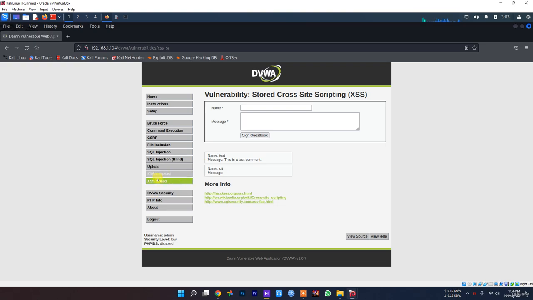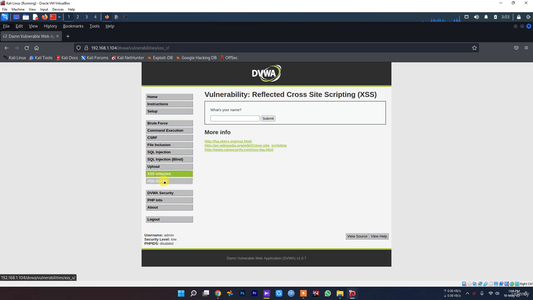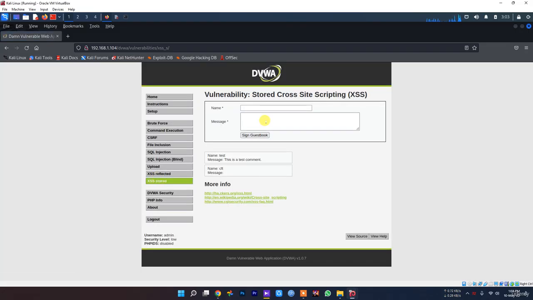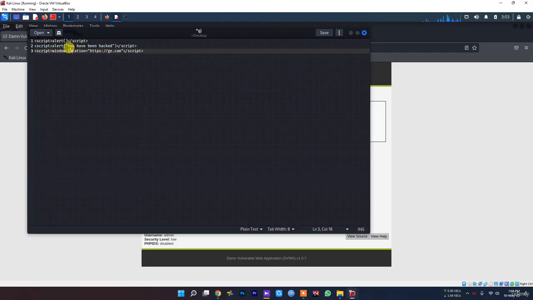So that's how XSS stored and XSS cross-site scripting vulnerabilities work. It's all about the script, what script you load in this text field. It will work with any script you want. If you don't want to just show this text box,